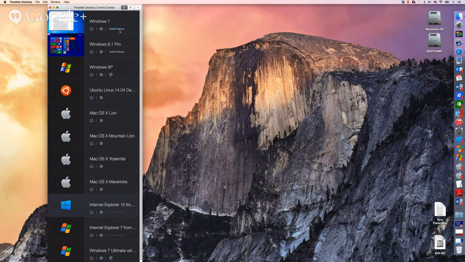That's really important because probably the most asked question of me when I give public demonstrations of Parallels Desktop is, will I catch a virus on my Mac if I'm running Windows? And so we know people care about that a lot. And so we wanted to bring right to the very front the state of your virtual machines so you'd know what you could do. And from here, you can actually click on that button and install an antivirus package in your Windows virtual machine or on your Mac. And so hopefully that bringing this to the front will assuage people's fears of this issue and help them progress